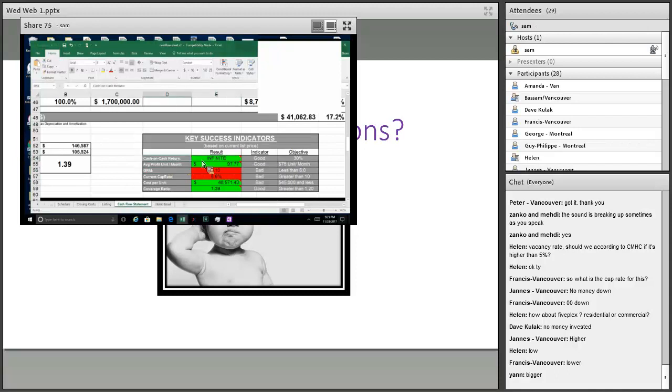Cash on cash is with financing, depending on how much money we put in. But cap rate doesn't care if you put money in or not. It looks at the whole value of the property and says, after we paid everything, what do we have left? What's the return on our investment if we paid the property completely off? We call it cap rate because it's not true return on investment, because return on investment would be based on how much you put in. Cap rate doesn't care how much you put in. It assumes that you paid the property off. It's still return on investment if you had paid the property off. Does that make sense?